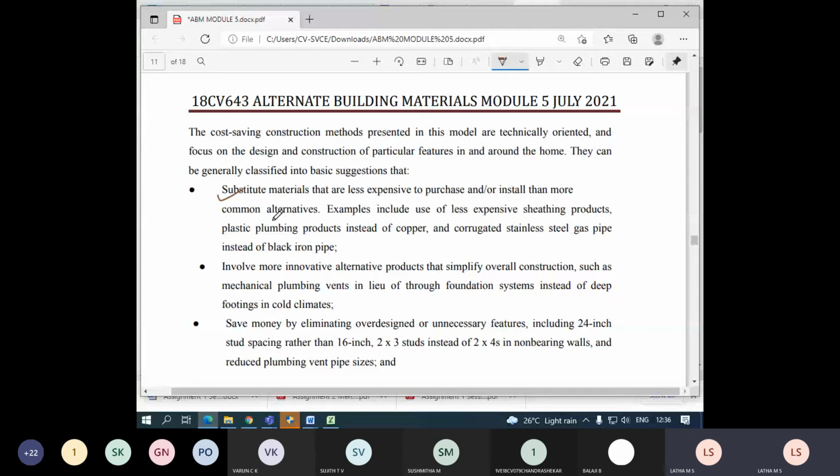Expensive materials I can avoid using for construction. I can go with the ordinary or available materials, which are a byproduct of any factory or something like that. We have learned so many things: agro materials, industrial waste materials.